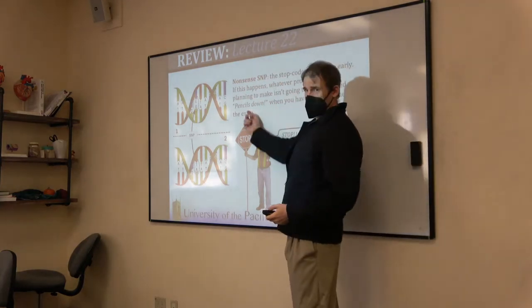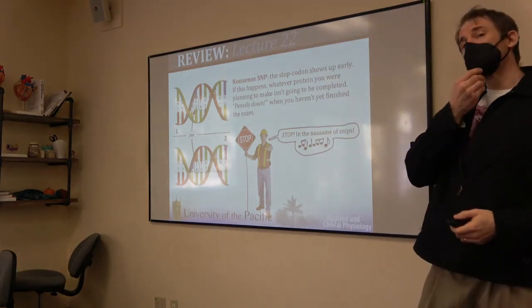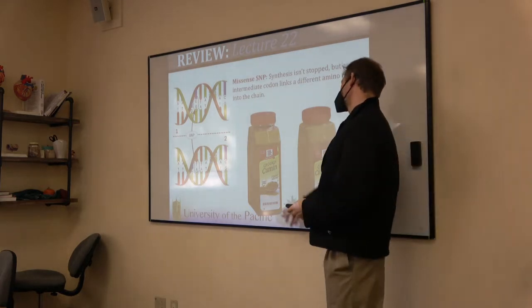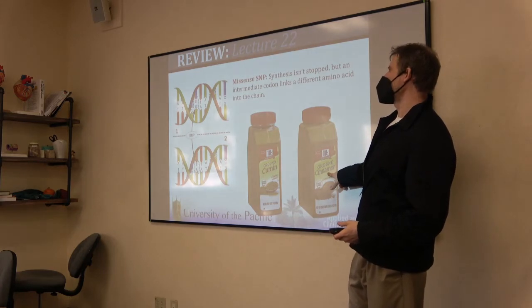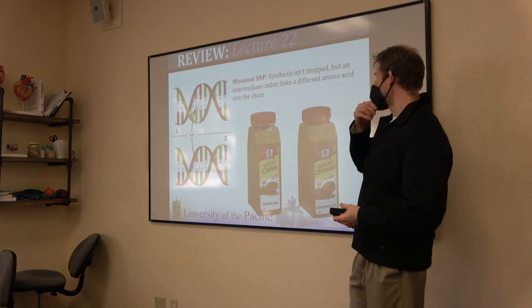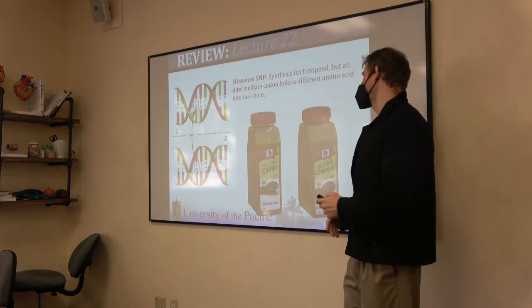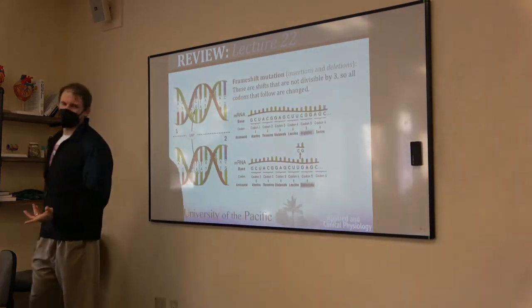So, how our genes change, how the genome is different, how a gene is different, is a nonsense SNP. Remember, that's pencils down. A premature stop codon shows up. A missense SNP, that's the recipe calls for cumin, and you dump a bunch of cinnamon in it, and everyone else knows it tastes weird, and you're feeling insecure because you don't know what you did to it, and it's horrible. So that's a missense SNP. You put in the wrong ingredient somewhere along the way. If it's a protein, it folds wrong, or it folds differently.